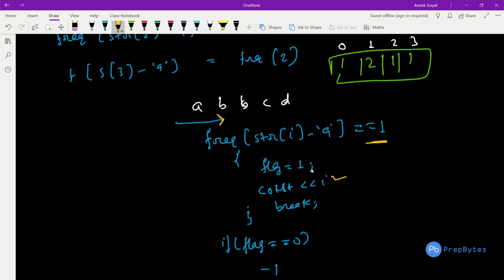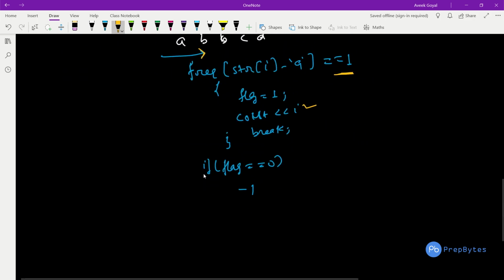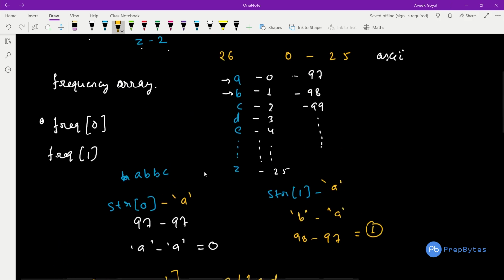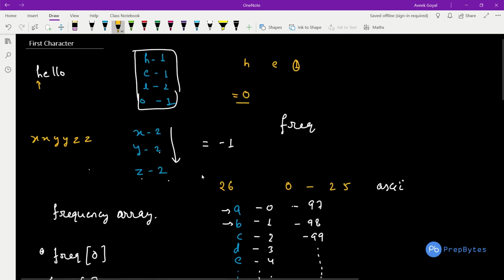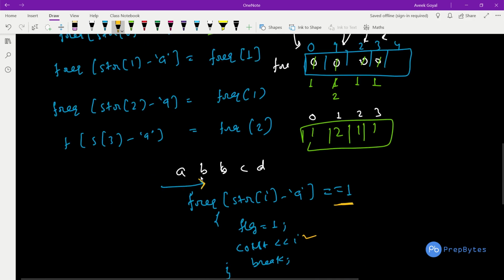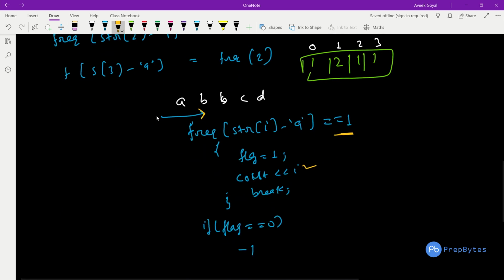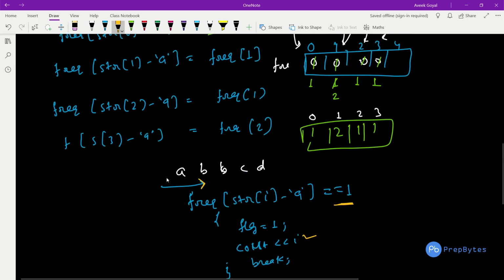So this was the explanation of how you are going to solve this particular question and what frequency arrays are. This is a very important concept as well, and it is used a lot. An extra array of size 26 is needed, that is a frequency array to store all these values. Then again we traverse and we write this loop. Let's see the implementation now.